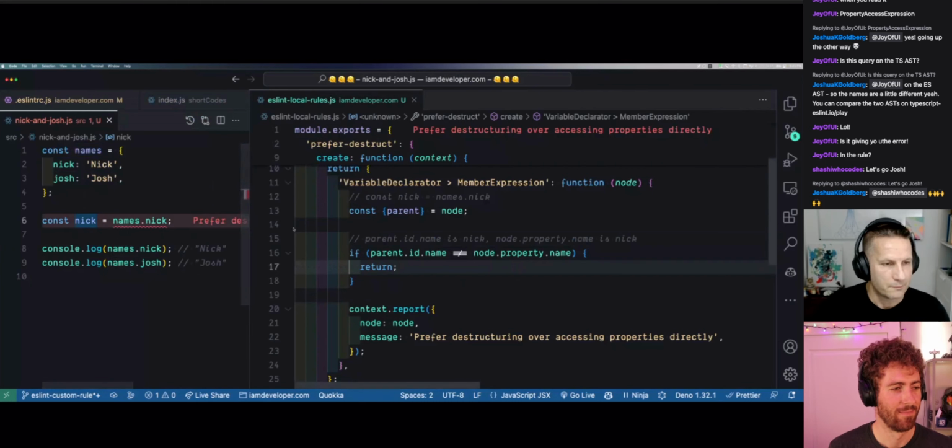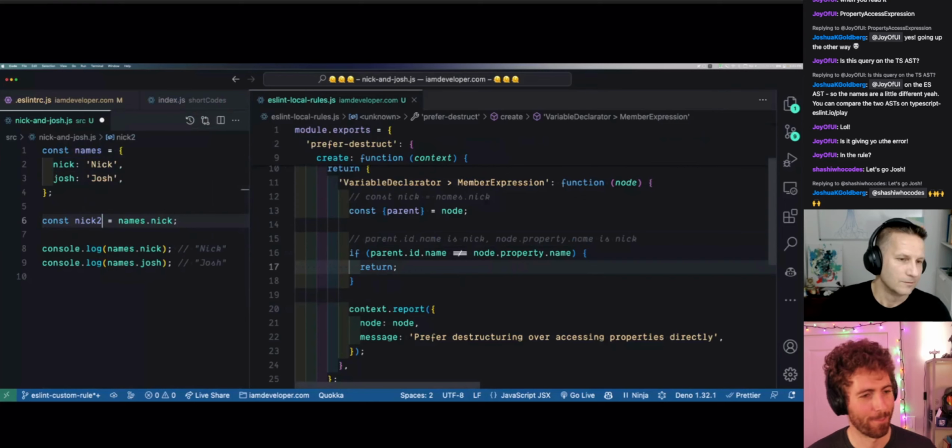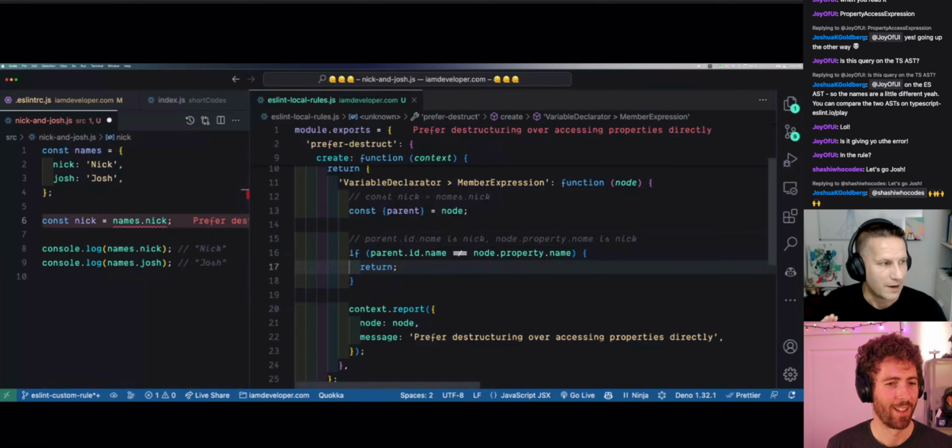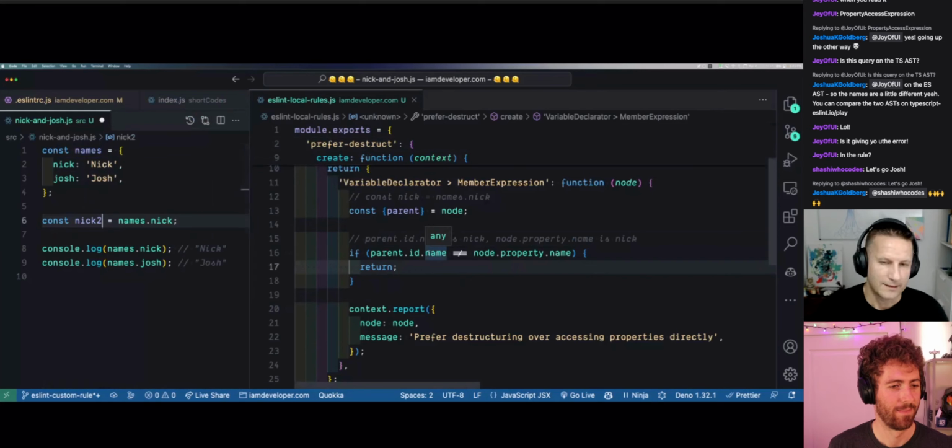But it also brings up the thing where I could do this. I could just go nick2, and it's not going to complain. So already I feel like my rule is no good. It's not bad, but I want to avoid completely accessing the property like that. So I think if the parent ID name, I guess all we need to say is